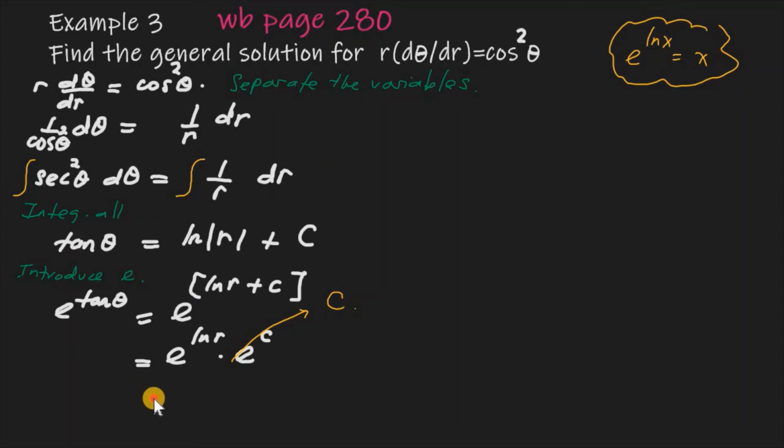So over here, this is actually r and we have the C. This is actually given in our workbook,